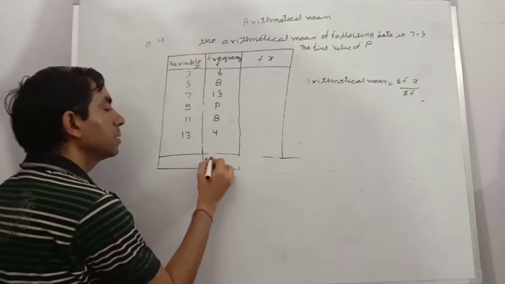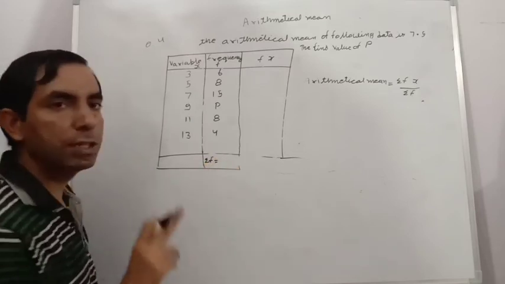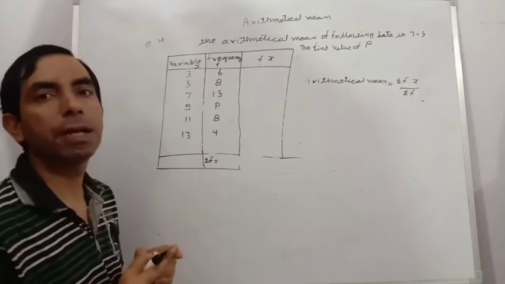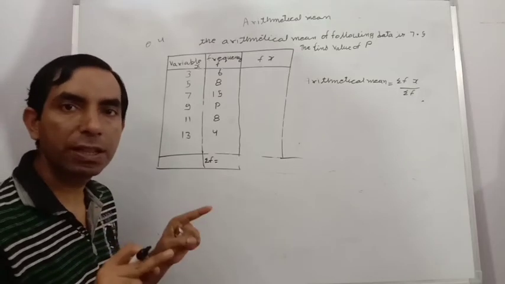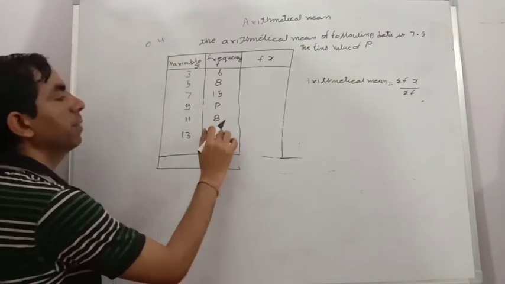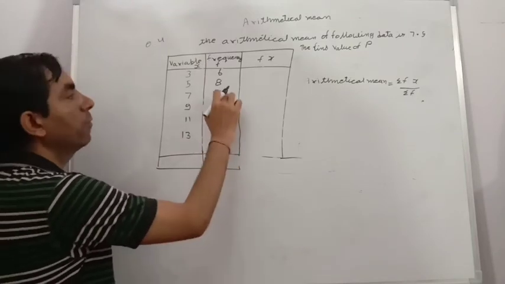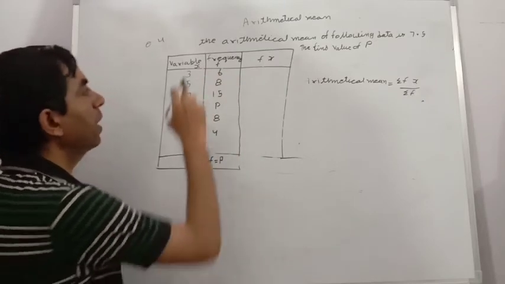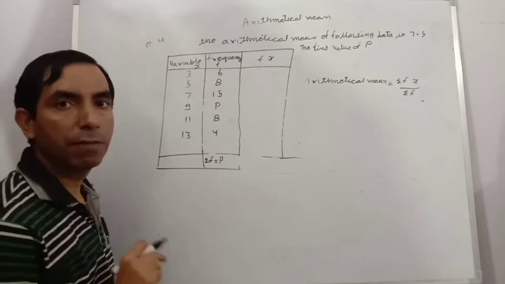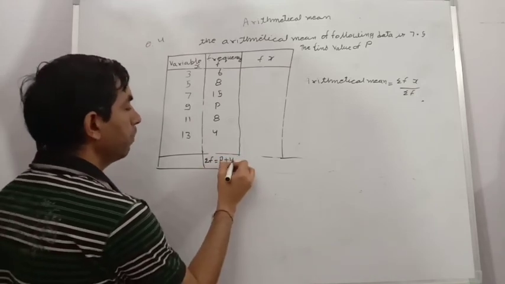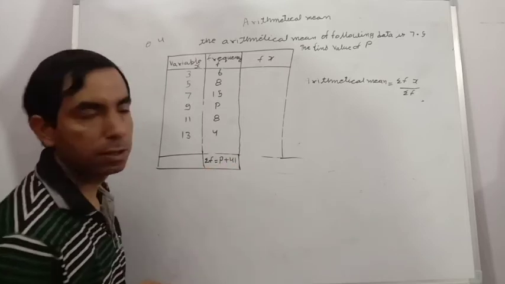Generally, first we find the sum of the frequency. Always remember that alphabets will be added only with the same type of alphabet. If the same type of alphabet is not given, then write it as it is. So p is as it is. Write the sum of the other numbers: 8, 4, 12; 12 and 15, 27; 27 and 8, 35; 35 and 6, 41. So p plus 41.